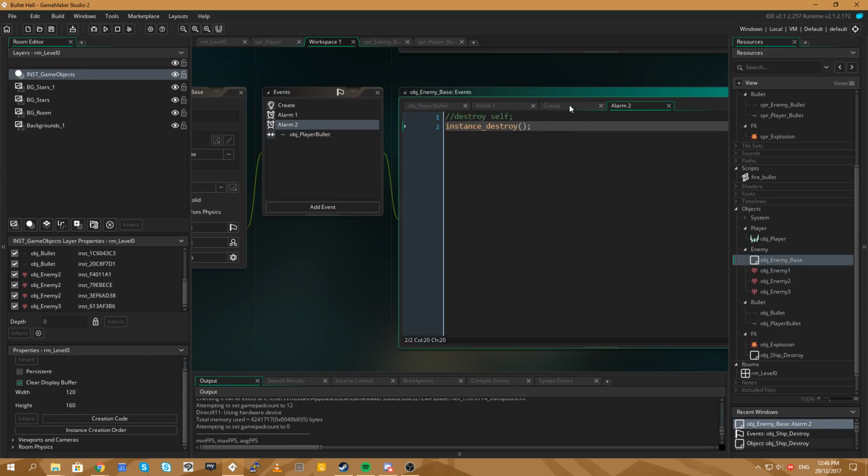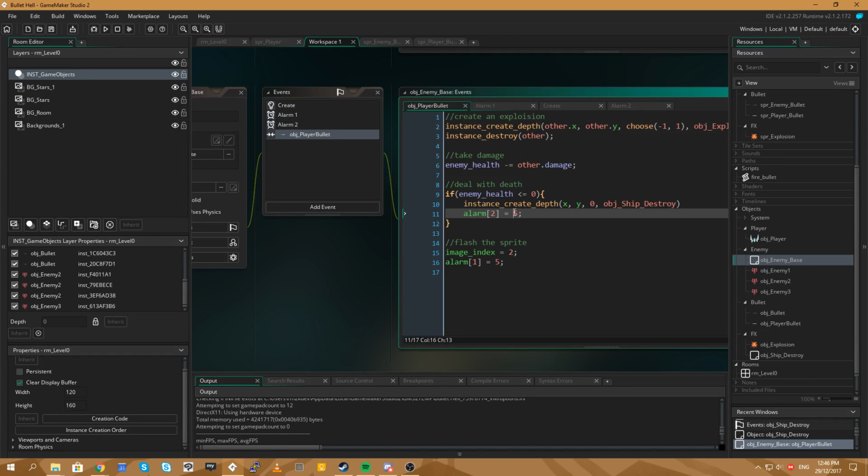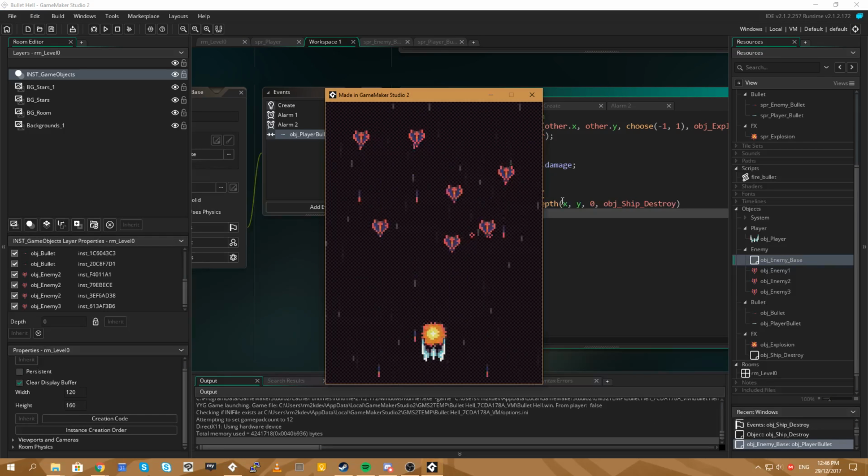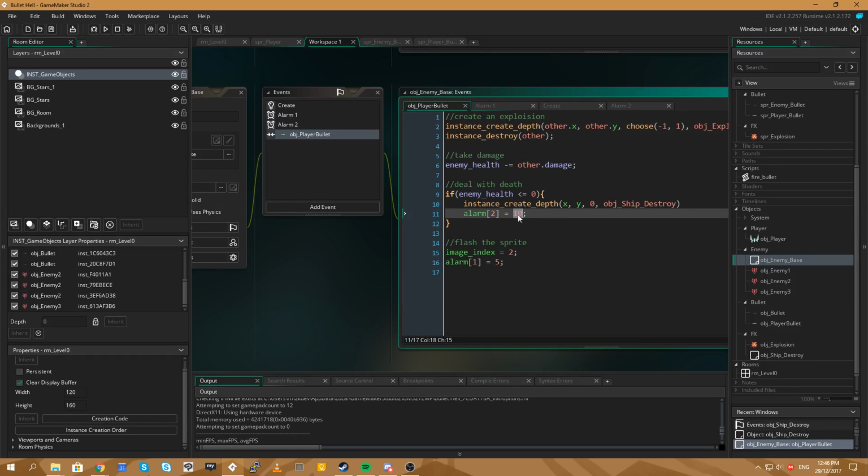Let's have a look at that timer. Set that to 10. Turn collision off. That's better. Set the timer to 15.